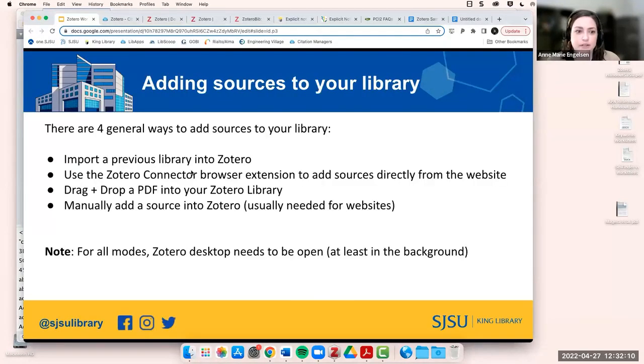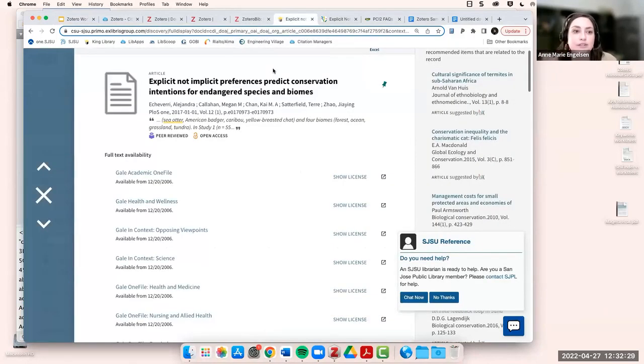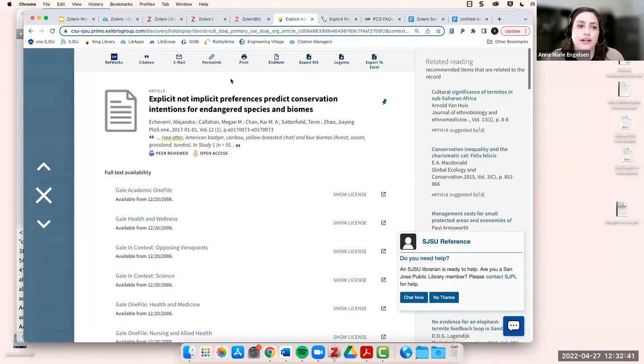So what was my next one? Oh, the browser extension. Okay, so the browser extension is the easiest one, because it is a really quick one-step thing, and it makes it really easy to do. So I'm going to head into an article from OneSearch. This is our catalog, our search engine from the library website. I just did a quick search for sea otters, and I found an article, and I want to add this to my